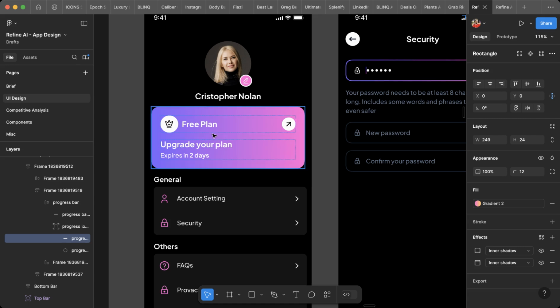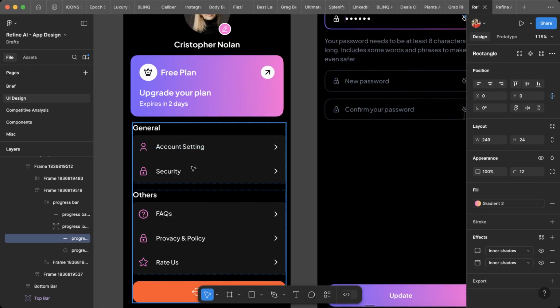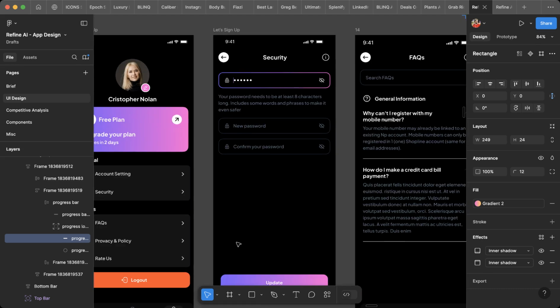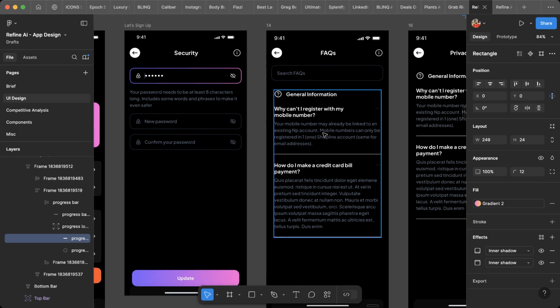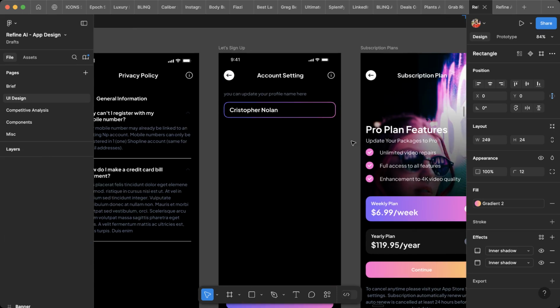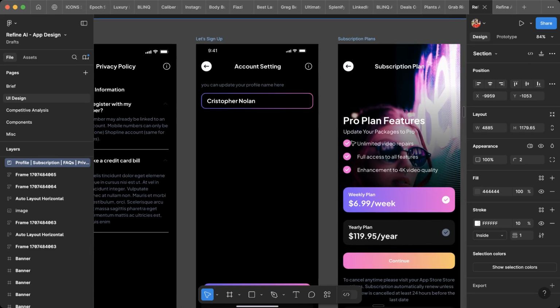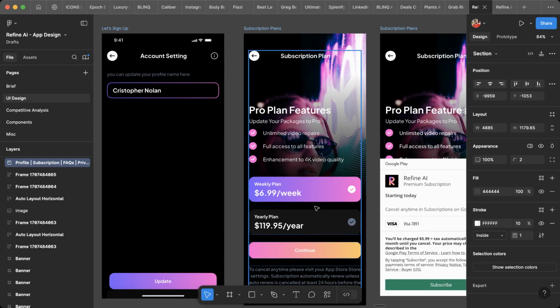Where they can look up their subscription plan, that 2 days are left in their free trial version, and they can of course do the account settings, the security, the FAQs, the privacy policy. These are very important for deploying the application to the App Store or the Play Store. These few screens, the FAQs and privacy policies, are very necessary, because otherwise these are criteria set by the Play Store or the App Store, right? So these screens are very necessary. And after that we have the